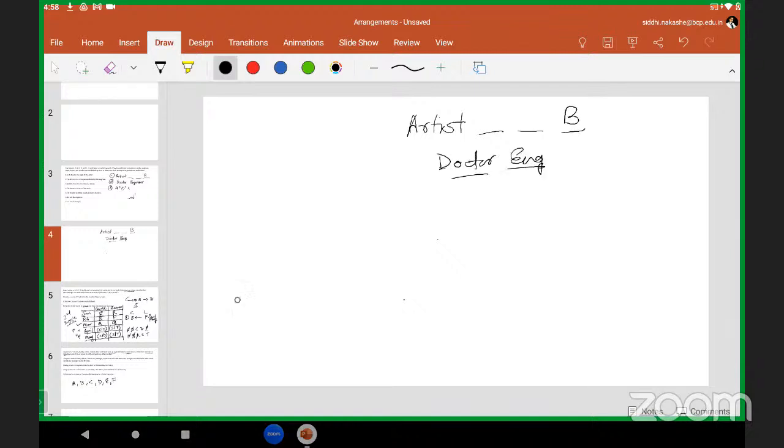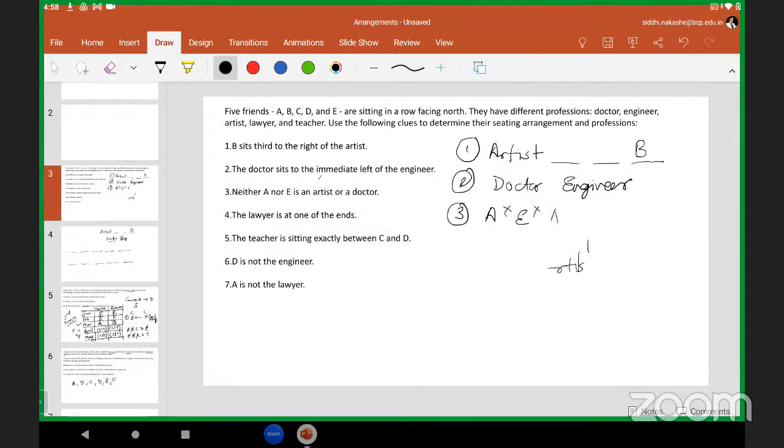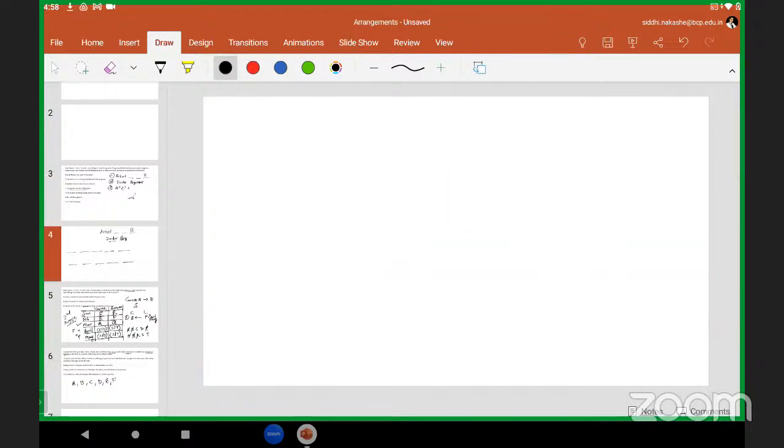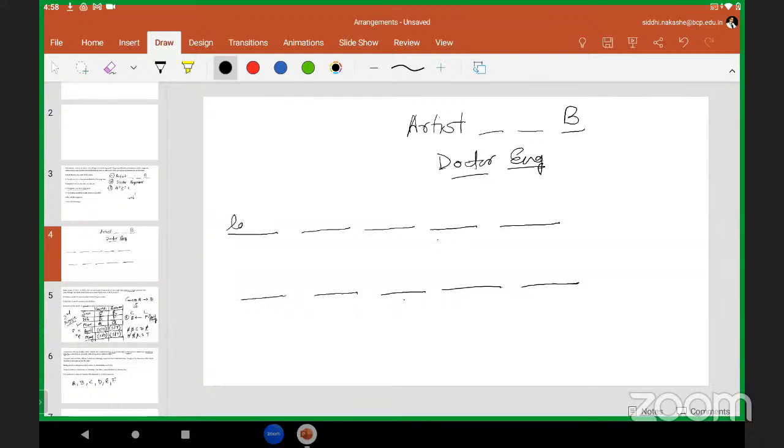Okay. So now with this given, let's solve. There are 5 places. So again, we'll solve it two conditions at a time. So now what they have given is the lawyer sits at one of the ends. So now we have two possibilities for this. The lawyer can be over here. The lawyer can be over here. If the lawyer is over here, then the artist has to be over here